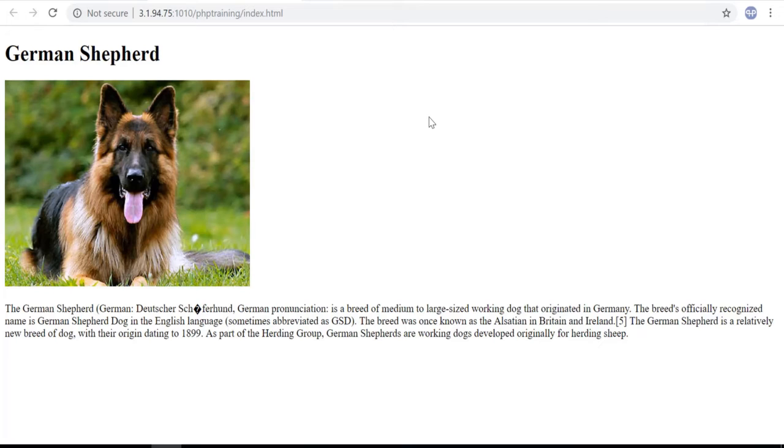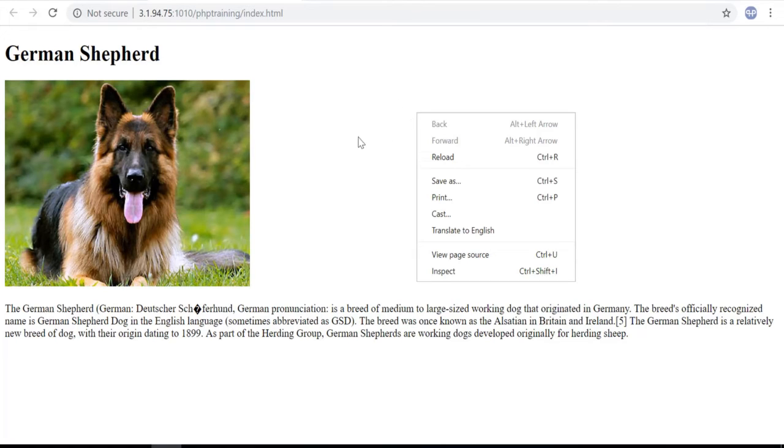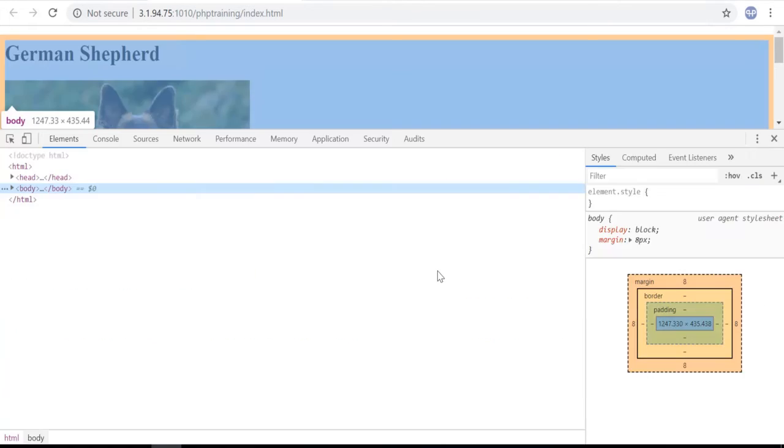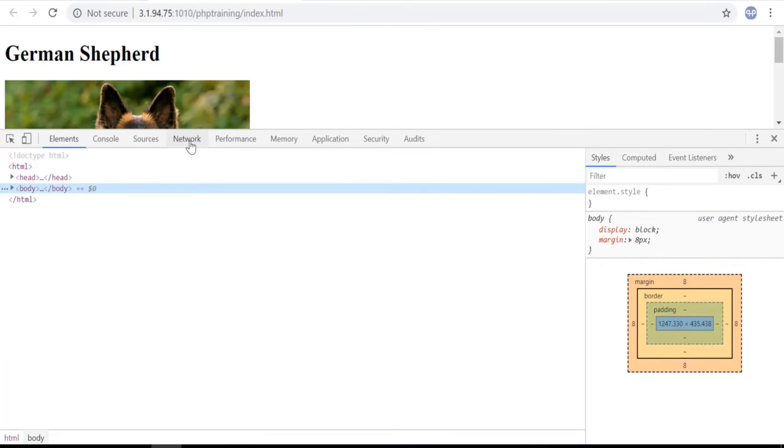Okay, so if you don't have access to the server, obviously if you're trying to access yahoo.com, you don't know what's happening at Yahoo. But from the browser, you can even check this transaction, how the request response is happening from the browser. For that, right click on the web page, say inspect, then you'll go to the network tab.